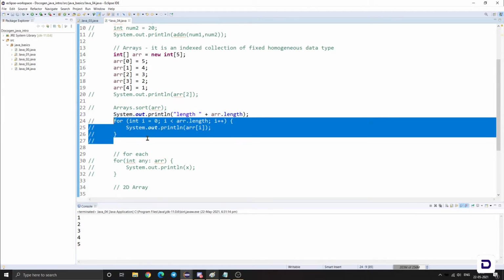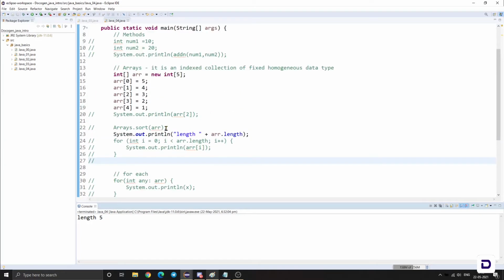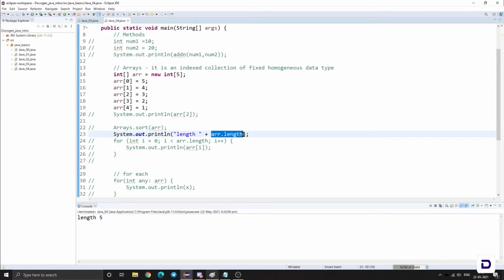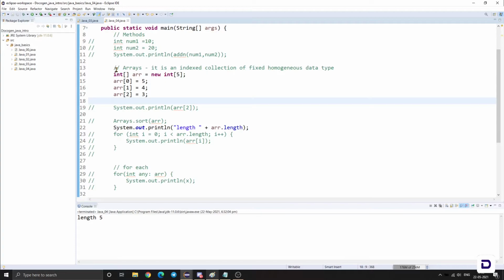Let me comment this, and yeah, so length is 5. This will give me the length of my array. If I remove these two, what will be the length? It's giving 5,